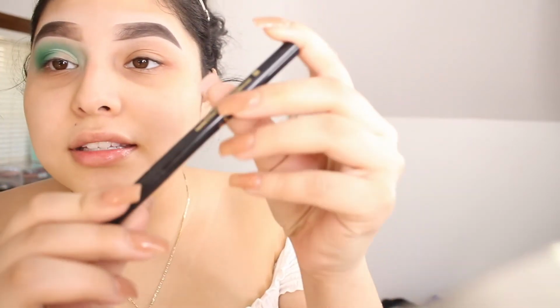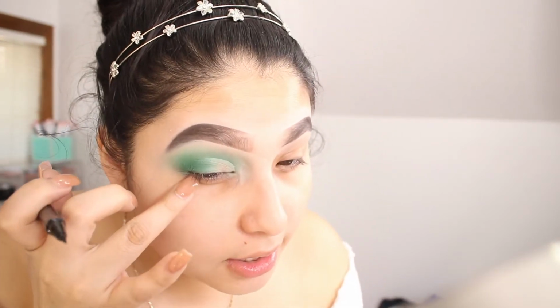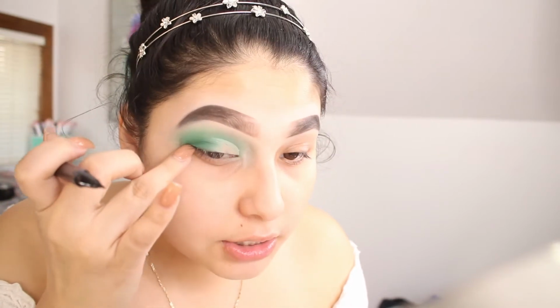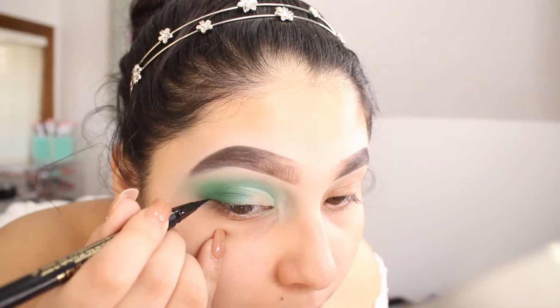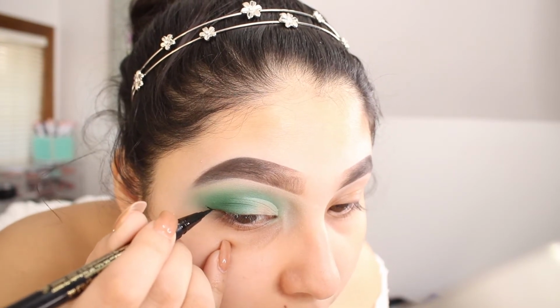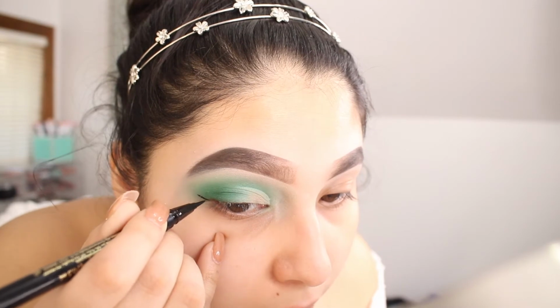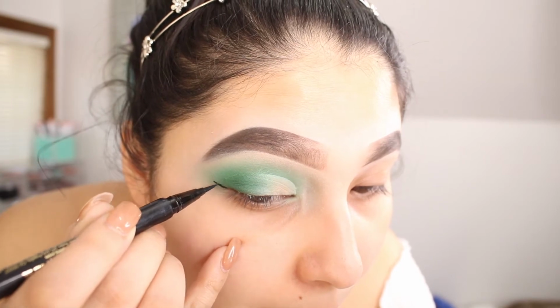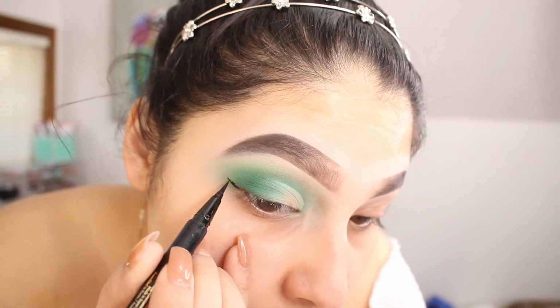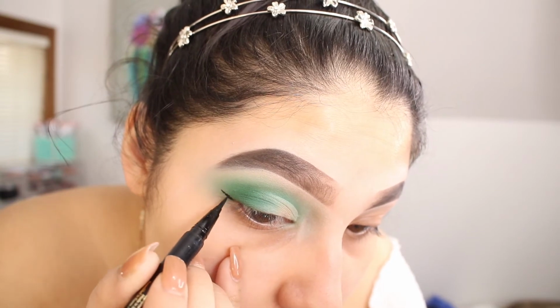Alright, so now we're going to be using the Stila eyeliner. We're going to apply some eyeliner. So what I do is I basically just look at my lower lash line and figure out how I'm going to do it. So I start first by making the long part. Okay, so now that I have only one eye ready, I'm going to be right back